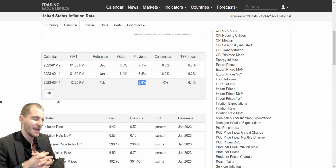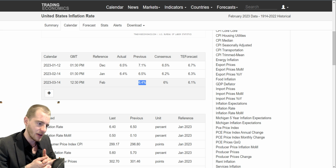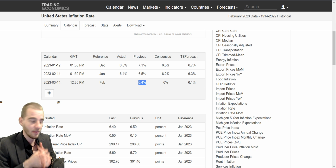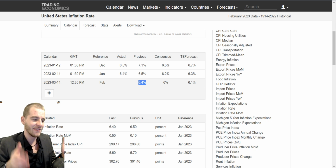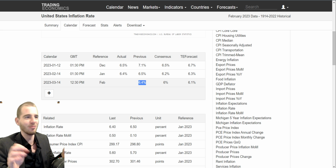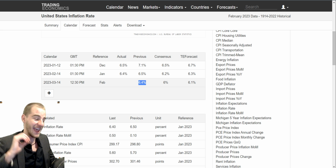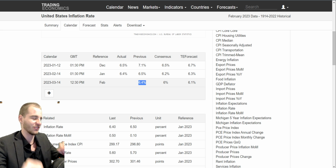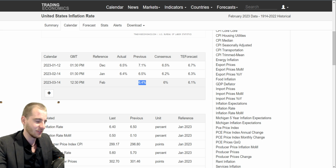There's not much I can really say about inflation because I don't believe anyone should be trying to predict what inflation is going to be. I think that you're trying to beat the market if you do that. The market has decided. The market is bigger than you, right? The whole market has decided in a general consensus that inflation will be around 6%. Who am I to sit here and be like, no, it's going to be 5.4%? I don't have any position of authority. I don't think anyone does, even Warren Buffett. No one has a position of authority to try and debunk what the entire market thinks about expectations